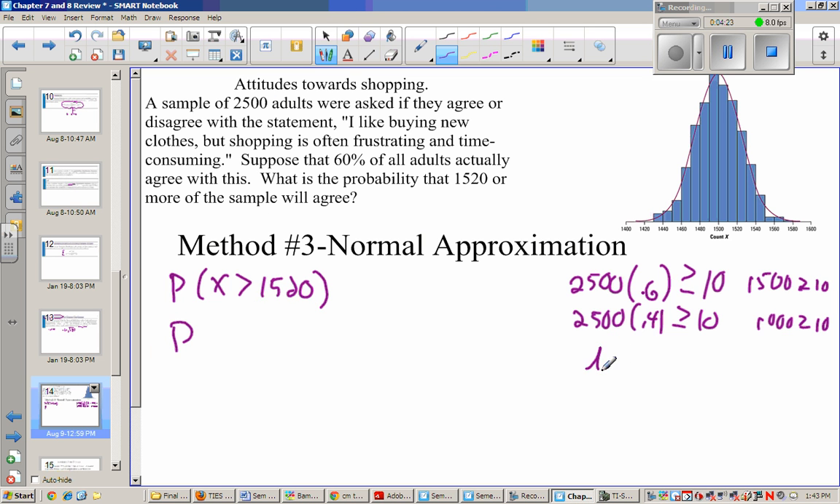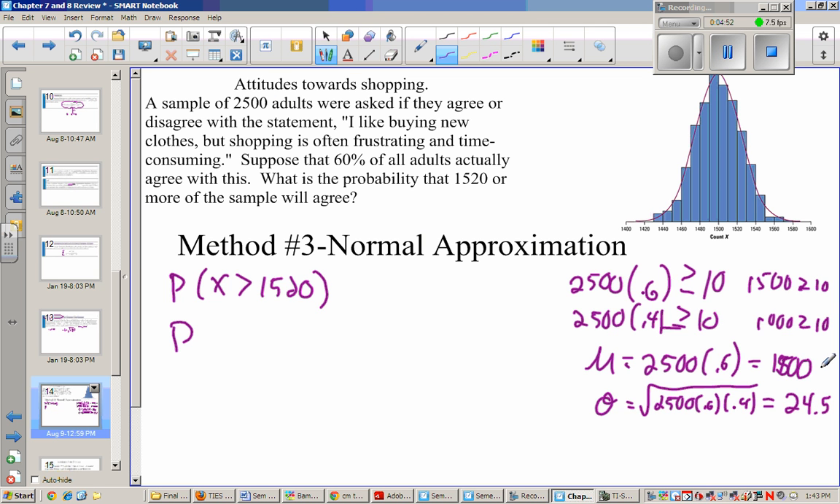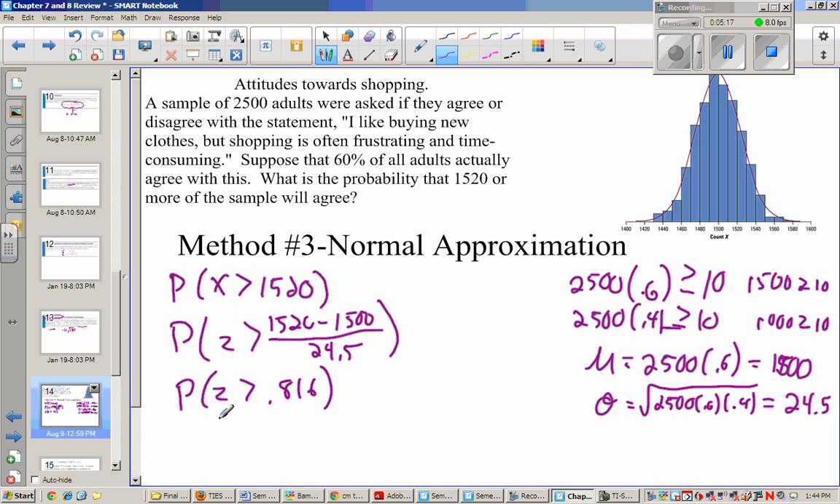And so then we have to find the mean. The mean is n times p, which we already found out to be 1,500. Now we do the standard deviation, which is n times p times 1 minus p, and then square root that answer, which would be 24.5. So I'm going to take the probability that my z-score is greater than 1,520 minus my mean of 1,500, and divide that by my standard deviation, which is 24.5. And now when I do that, I get the probability that my z is greater than 0.816, and the probability that that occurs is going to be